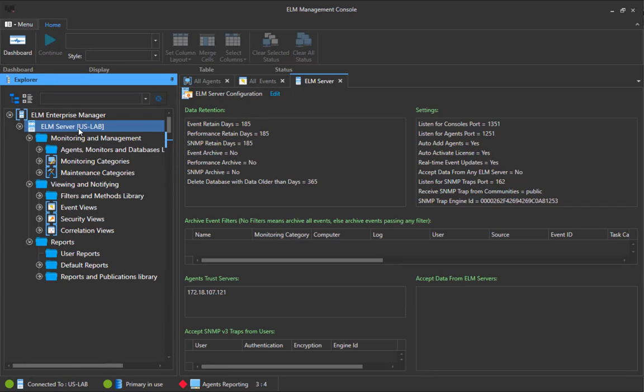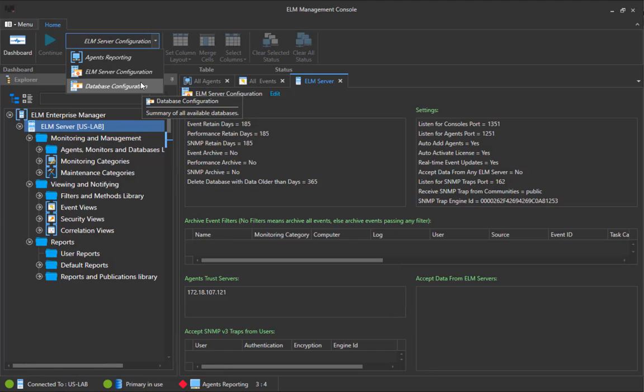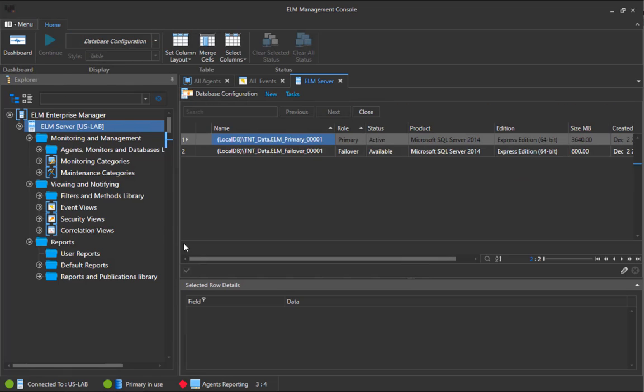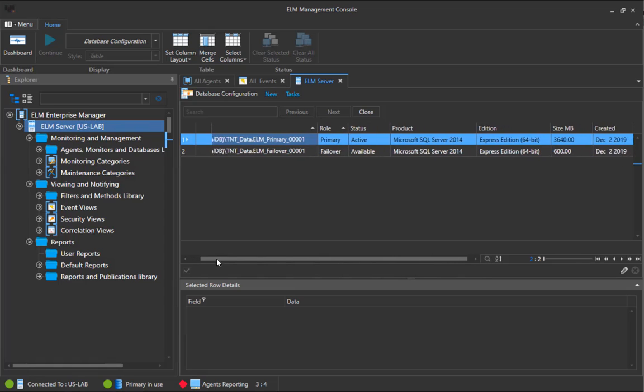So now we'll highlight the ELM server document and change the display using the drop-down menu option in the ribbon. For this particular document, we have three options: ELM server configuration, agents reporting, and database configuration. Notice those correspond directly to the shortcuts in the footer. On the database configuration, you can see the name of the database, its role, status, what version of SQL, the